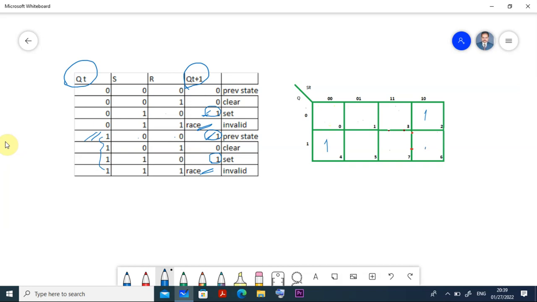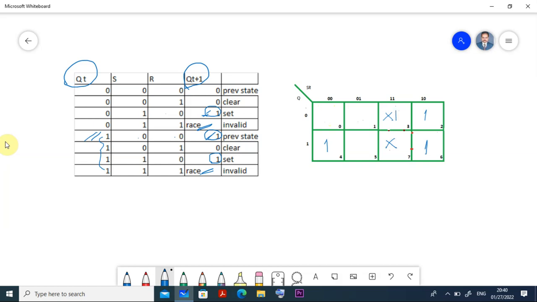1 0 also is equal to 1. So 3 1 conditions are there. And the race condition 0 1 1, 0 1 1, this is the race condition, and another one is 1 1 1, this is also a race condition. Are you getting me? So if I want to make something, that means x, you can take any value.